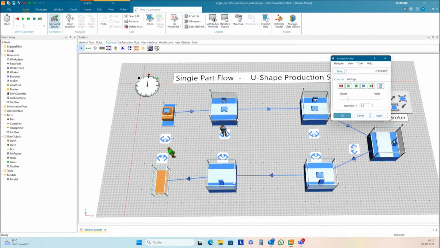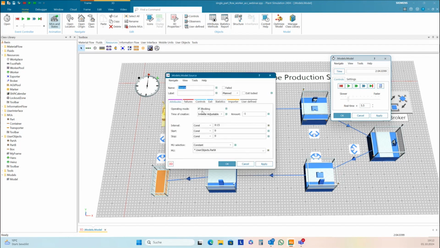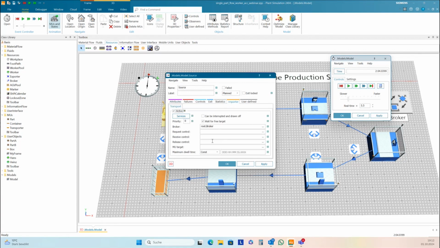And so we need to connect the worker with the part. And this we can do here using the receive control of the transport importer of the source.